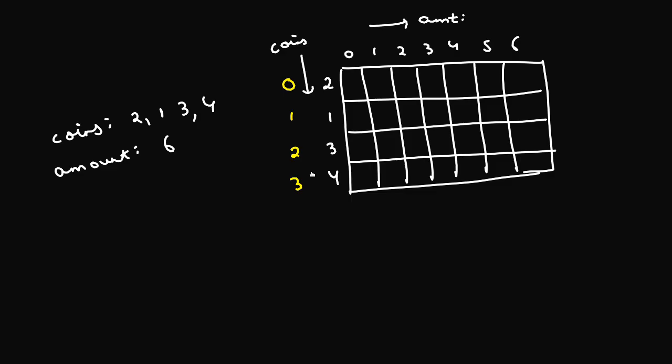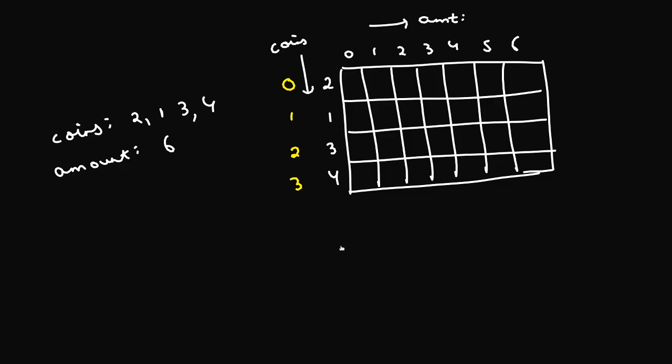So let's just try to fill this DP table that we have here. Let me ask you a question. In how many ways can you create an amount of 0 using any coin possible? So there's only one way. You don't use any coin at all. And that is consistent. No matter how many coins you have, if you have to create an amount of 0, there's only one way, which is you don't take any coin at all.